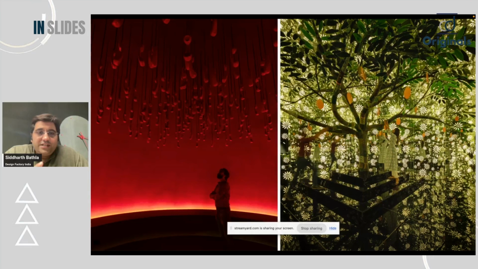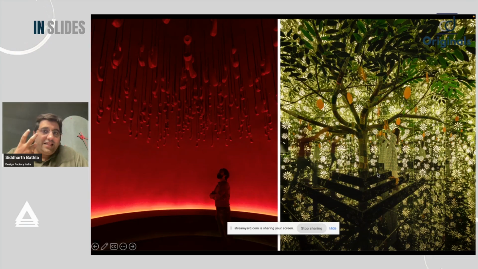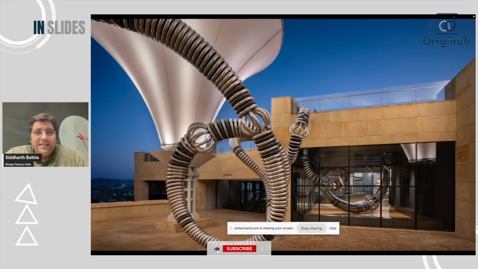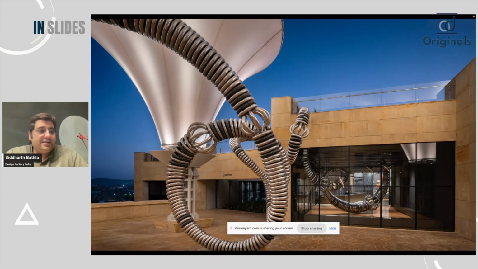On the left hand side, you see a space where we wanted to tell what actually happened after the earthquake. So it is like a place where you depict death. So we created a space where we captured all the phone calls which were happening that time, and it is a room with 100 headphones and the voices of that time. On the right hand side, there's an infinity room which is there. So a lot many interactions like these, a lot of sculptures in that sense.